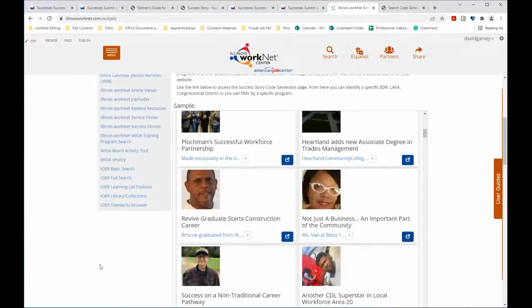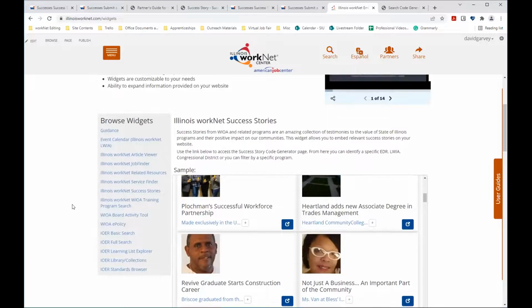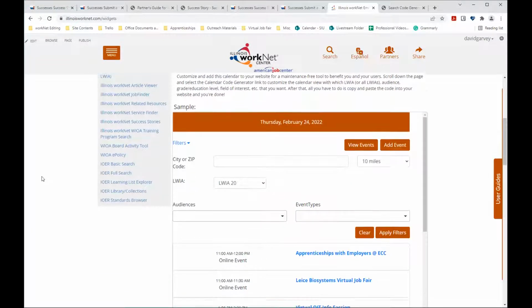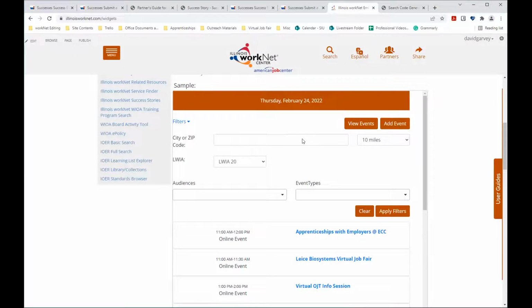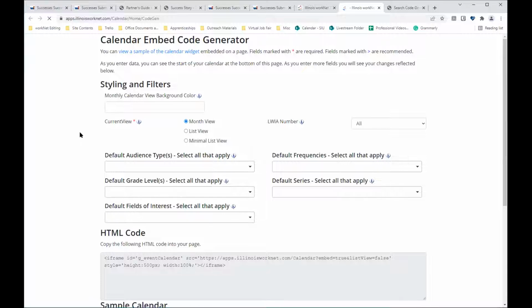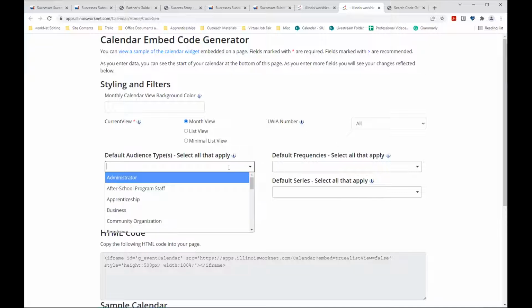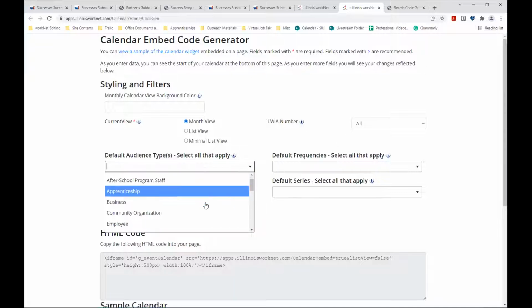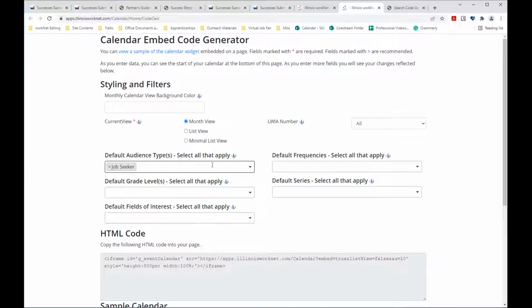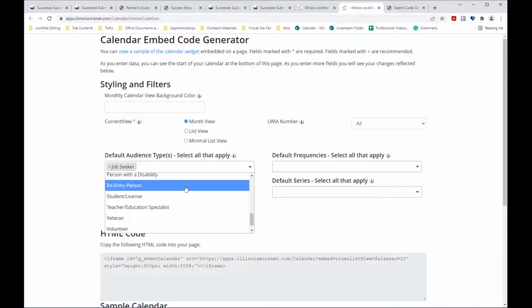So I'm going to do another example of a widget. Let's see. I select event calendar. This is the sample of the event calendar, but let's configure our own. From here, we have a lot of things that we can customize. For audience type, we can select every type of audience. So let's select job seeker, reentry,